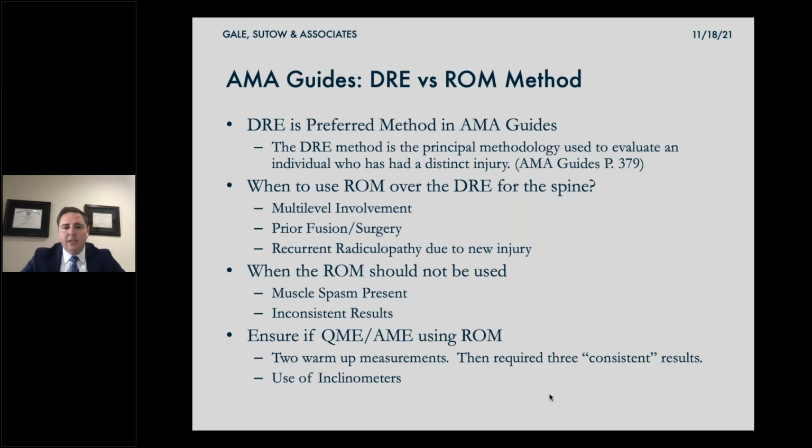But I have taken cross-examinations of chiropractors, and I said, well, can I see the devices you use to make the measurements? And they said, oh, well, yeah, I just visually do it. Well, that's not compliant with the AMA guides. So when you're taking the cross-examination, make sure they're compliant with the AMA requirements. Specifically on page 400, the use of inclinometers is the preferred device for accurate measurement. Some of them use little, almost paper measuring tools. That's not the preferred method. That can create different results.